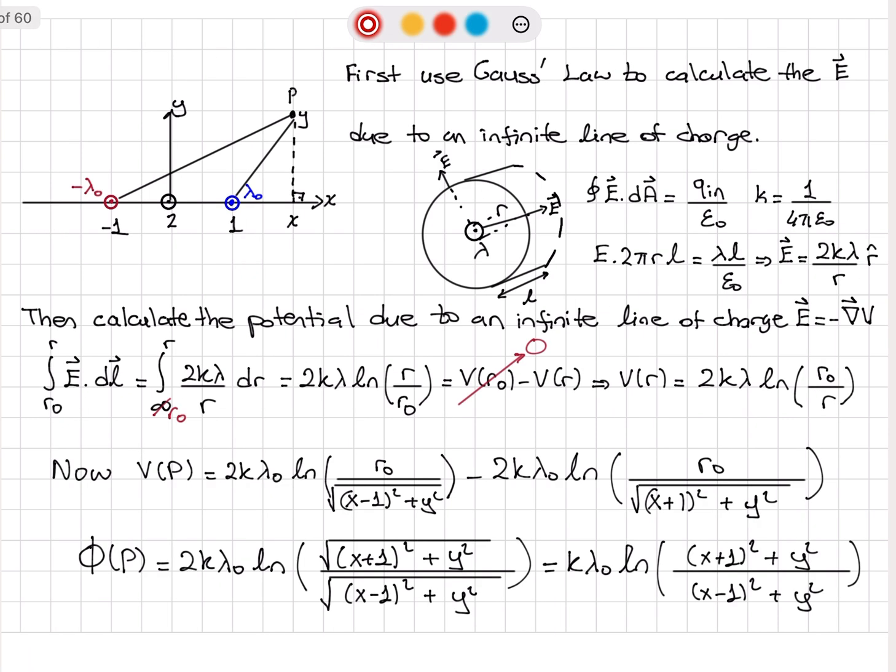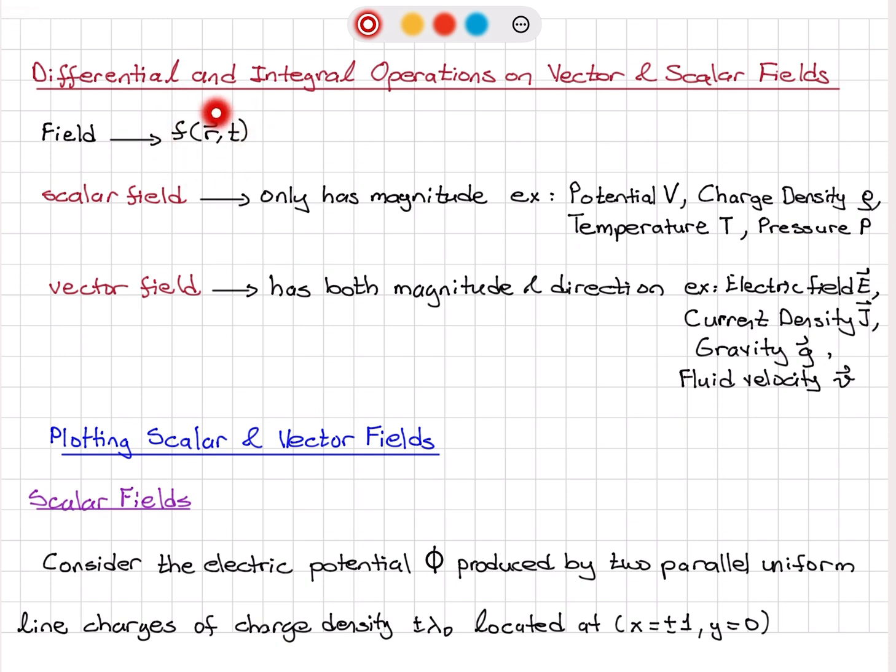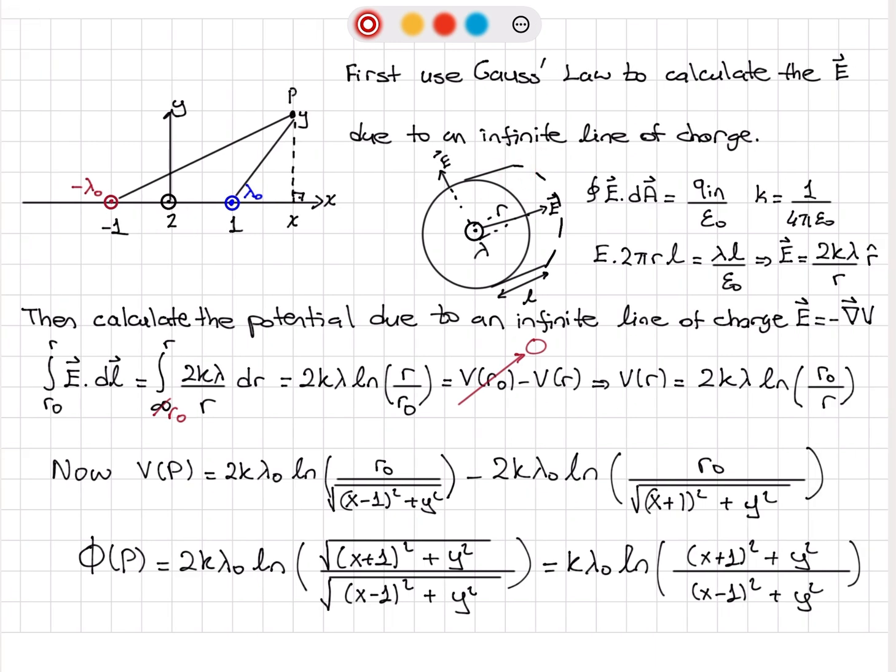Okay, so as a summary, we have talked about fields. We have scalar fields and vector fields. We note that scalar fields have magnitude, and potential is one example. So as an example, a demonstration of plotting of a scalar field, I've considered the electric potential produced by two parallel uniform lines of charge density plus or minus lambda 0. First, I have used Gauss law, I've drawn a Gaussian cylinder here, to find the electric field due to such a charge distribution, and then calculate the potential due to a uniform line of charge, and that gives me 2k lambda natural logarithm r0 over r if I take the potential to be 0 at a reference radial distance r0. And I can calculate the potential at point P by replacing lambda with lambda 0 and noting that